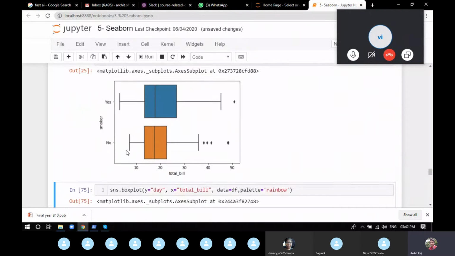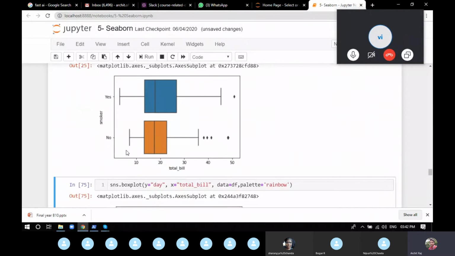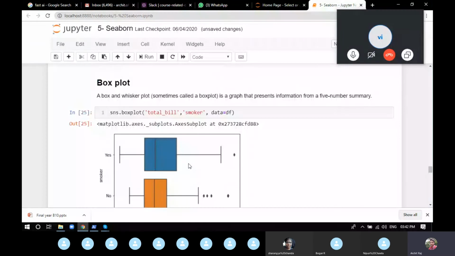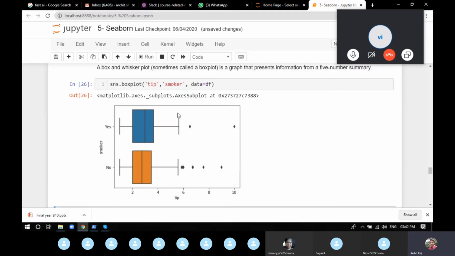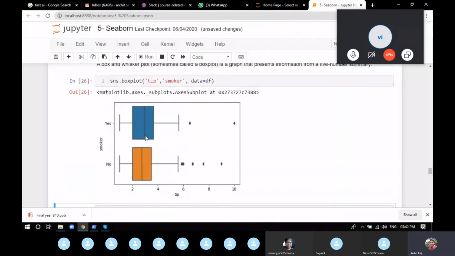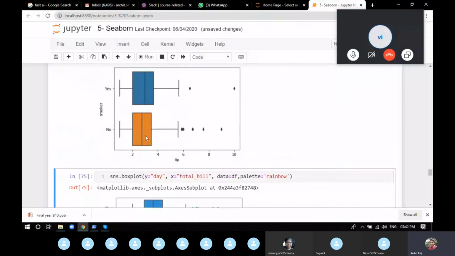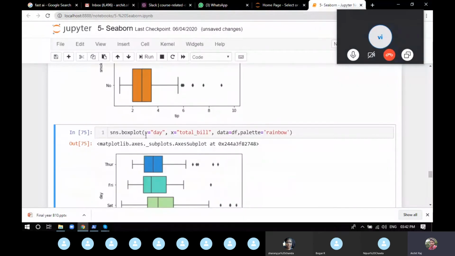As simple as that. Now, how to make it look better? One of the best things about Seaborn is it can make your graph look better as compared to anything else. So the same thing that we have written, the box plot with y-axis and x-axis, you can write either way. The default is the first value is x, second value is y. But if you want to change it, you want to give the first value as y and the second value as x, it's possible. You just have to explicitly identify that this is y and this is x. No one uses it, but still this is a function that you can reverse the positionings by explicitly adding the attributes.